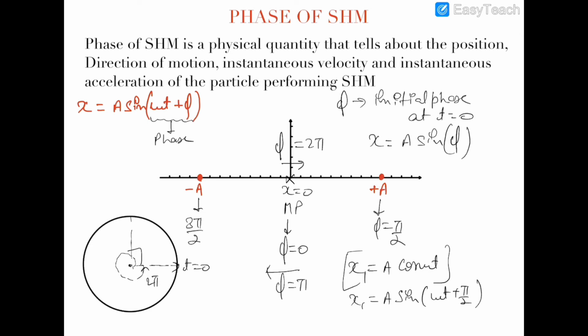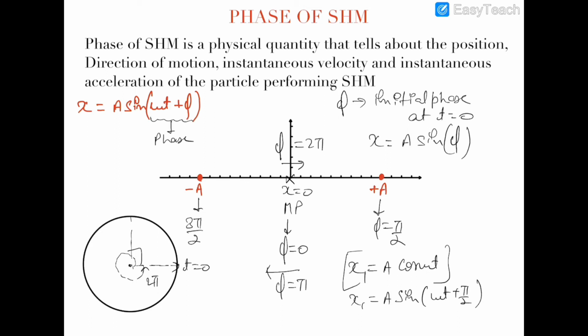You might have a doubt in your mind: why have we not substituted the value of time in this equation? Because we all know that cos already has some phase which is ahead of the sine. So we cannot substitute the value of time in a function which is already ahead by some phase. We have to substitute the value of time in the sine function, because sine theta has 0 initial phase. So this is very important: we have to convert the equation into the sine function, and then we can substitute the value of time to find the phase of that position.